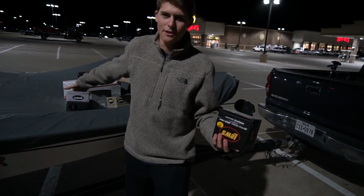I got a lot of cool lures, reels, rods, and stuff for the Rayburn tournament, and so I say we unbox it now before we even get to the lake, and then we'll see you guys somewhere in the traveling to Rayburn. So the first thing that we got for this tournament